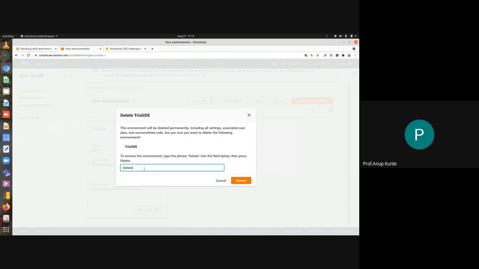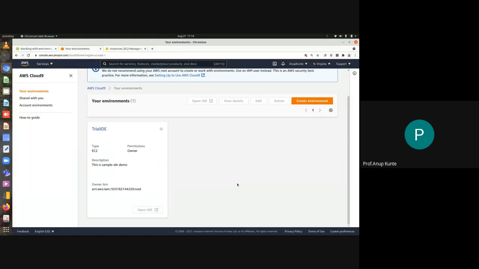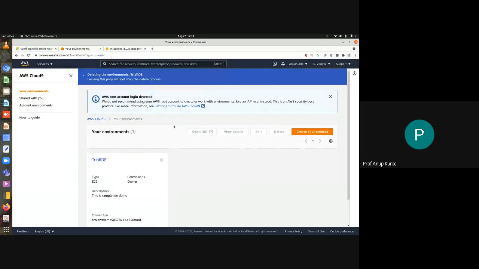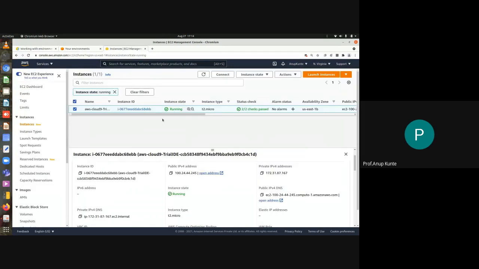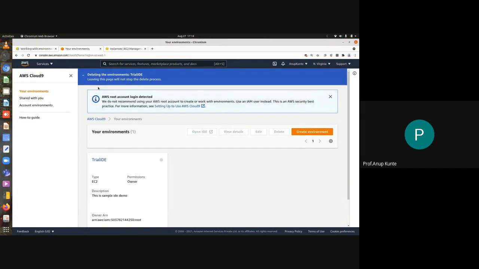Now when I'm deleting this, वो जो मैंने file create किया था उस particular instance के अंदर, everything gets wiped off. ये याद रखो, आपका code, आपका work, everything gets wiped off. That is why they said you should use some external backup, you should use some version control system. तो मैं GitHub का यूज करके जो भी मैंने काम किया वो प्रिजर्व करके रख सकता हूँ. Now it is deleting this particular trial IDE, and along with that it will also delete the EC2 instance that in background was spawned up. Okay, so just wait for a second for this trial IDE to get deleted.